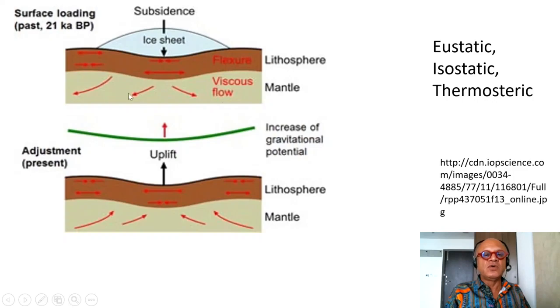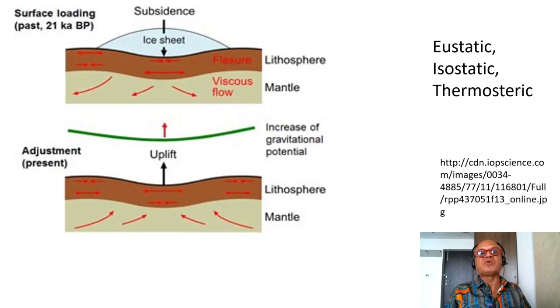So you can see the viscous flow in the mantle is going to be introduced. So relatively speaking, if you are here, sea level would go down, because let's say there is an ocean here. If continent is pushed up, sea level is going to relatively go down, and when the glacier is removed, then the lithosphere recovers, mantle responds, and then these regions which were raised up are going to go down, and this region that was pushed up is going to come up. So again, there is going to be